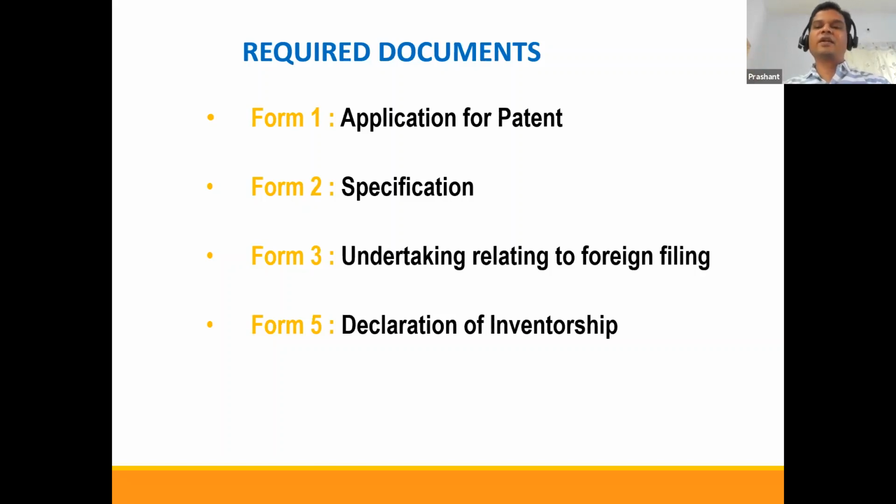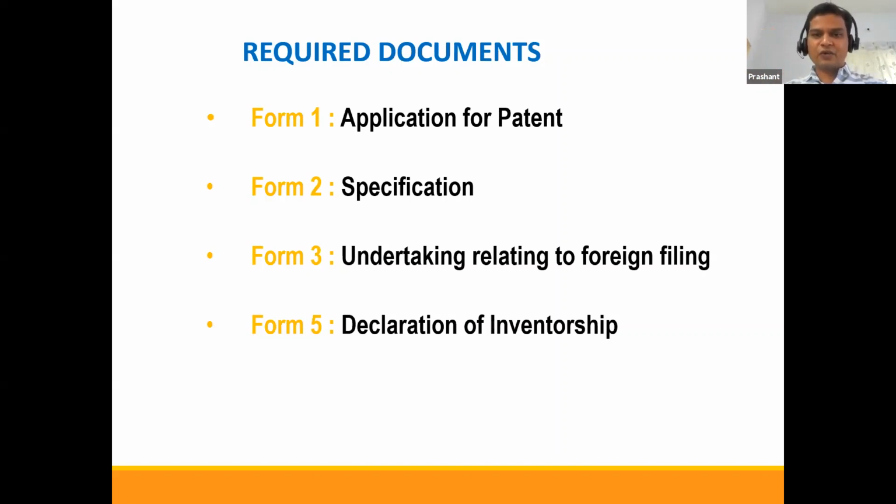And then you will have some other details, like if you are hiring a patent agent, then the name of the patent agent, and the address for correspondence. And then it will have the number of pages, number of claims, and finally date and signature. And of course it will have tick marks: is it provisional, is it complete, is it accompanied with drawings, does it have a biological material like a microorganism, or essential oils or something. If it is a new strain which is not reported yet, it's required to be deposited at MTCC, and then you get an accession number, and you need to mention the accession number in the specification. So these are some tick marks, and then your Form 1 is ready.